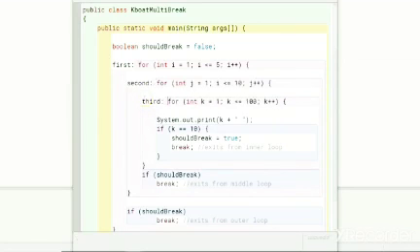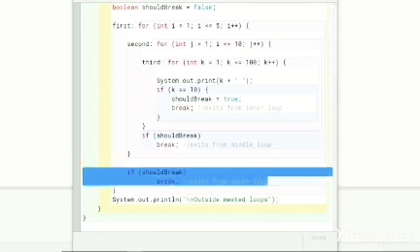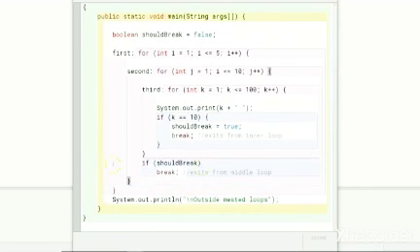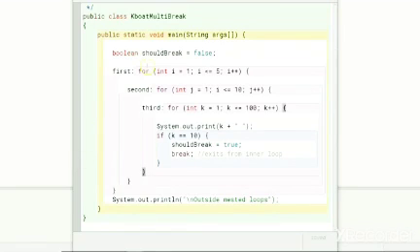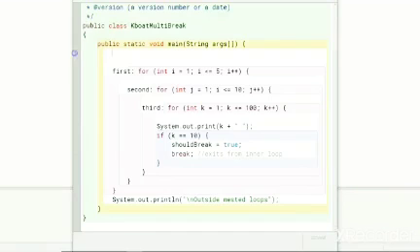Now we are all set to use the labeled break statement. Let's first get rid of the break statements in the middle and outer loops. I don't need this shouldBreak boolean variable, so let's remove this too.